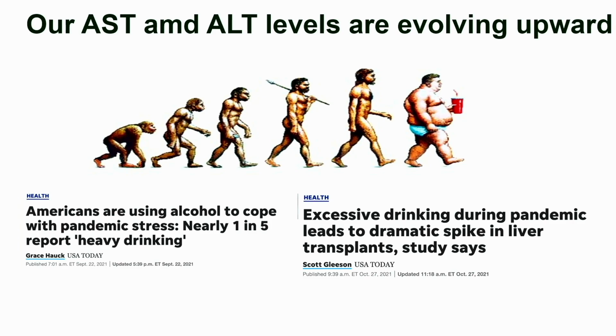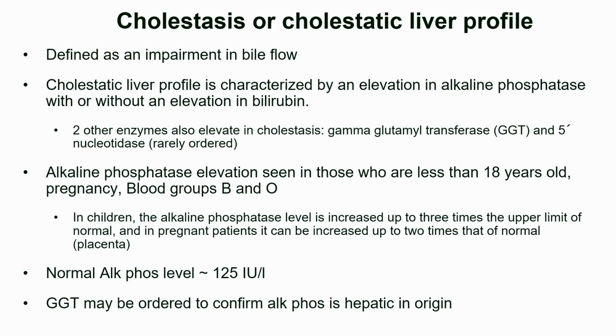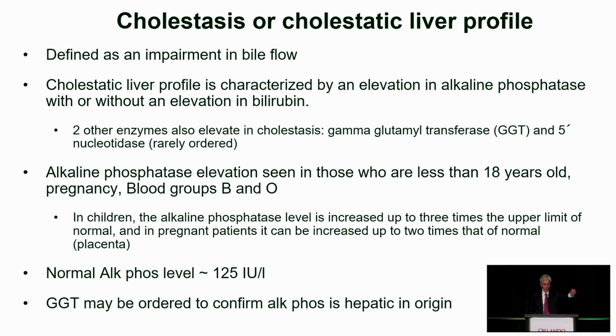Yes, AST and ALT levels are evolving upward, and I hate to bring this up just before lunch, but this is a substantial problem. And we all need to get a handle on this. We'll talk a little bit later about fatty liver, and Dr. Shetty is going to solve all of our problems there for us, right? But again, we just have to be cognizant that when you see someone with elevated AST and ALT, you should be thinking steatosis. So we also have cholestatic profiles, and cholestatic profile just means an impairment in bile flow,